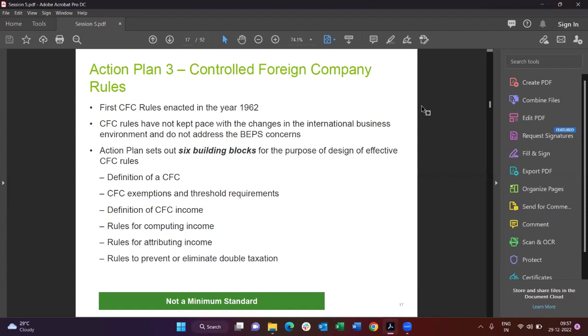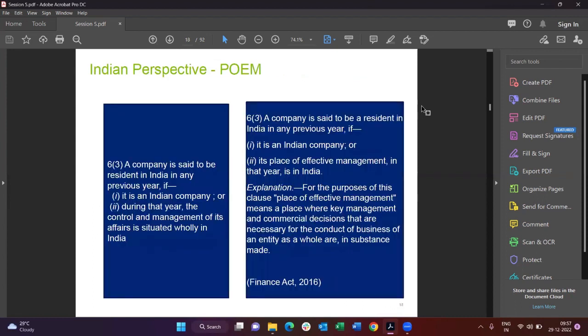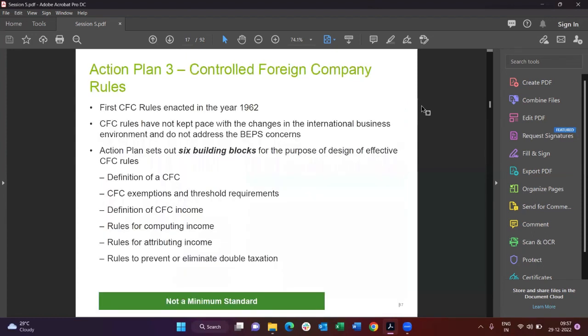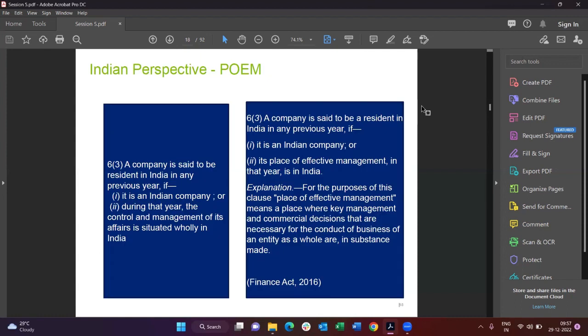The OECD action plan also sets out 6 building blocks for this, where they have given in detail the rules on how to compute income, how to prevent and eliminate double taxation, the threshold limits, and exemptions. It was not a minimum standard. So India didn't think that controlled foreign company rules were necessary to be adopted. They didn't introduce CFC in India, but they tried to establish something near to CFC, which is POEM. You all know what POEM is, place of effective management. So they amended